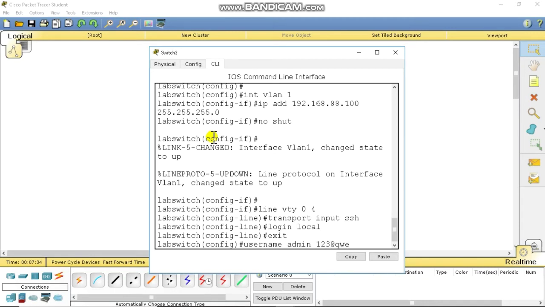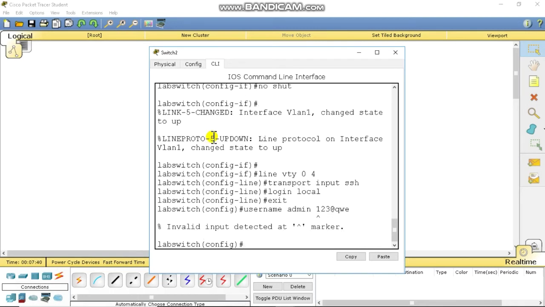Whatever you want to give, it's your choice, and enter. Sorry, I think there is something wrong. Type here again username admin password, whatever you want to give as password. I want to give this password. You can give any password of your choice. Enter,